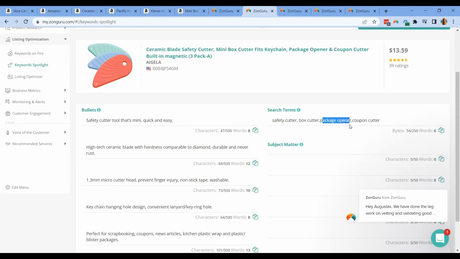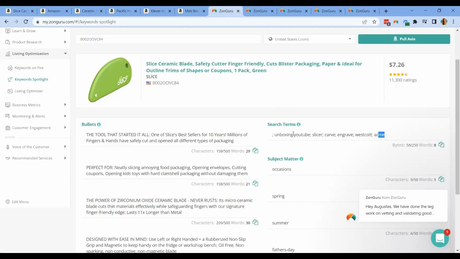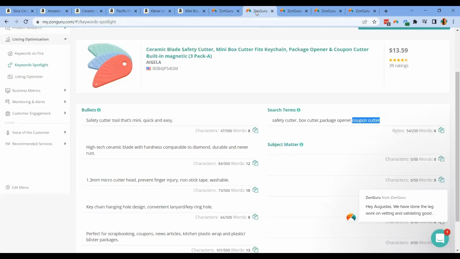Box cutter, package opener, this is also interesting. Coupon cutter. Alright, so I haven't seen this from the ASIN that we just saw a while ago, just unboxing YouTube, Slicer. Then if we add more of these keywords that this top competitor is also using, it will add more presence and visibility, and in turn a future sale for this product.